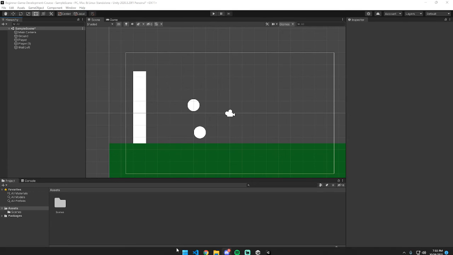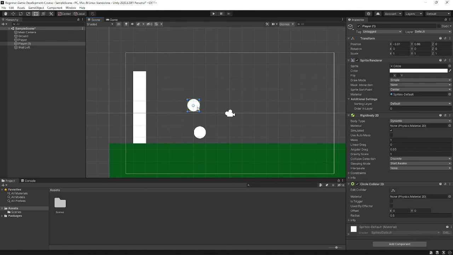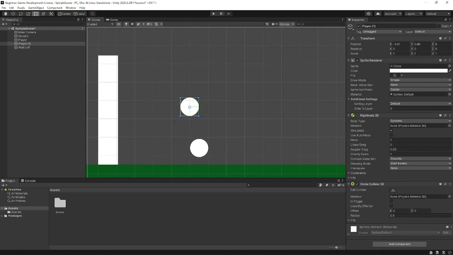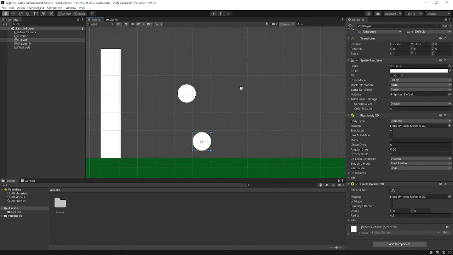One last thing to remember is we want it to interact with the ground. So I want to show you guys something. If you have this ball, this one right here,